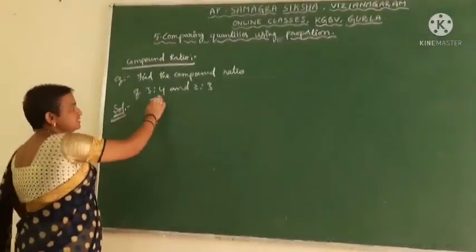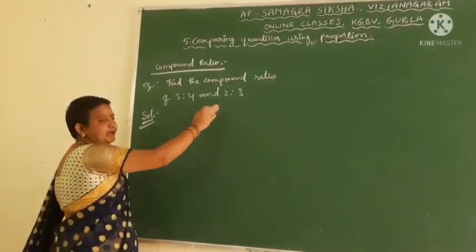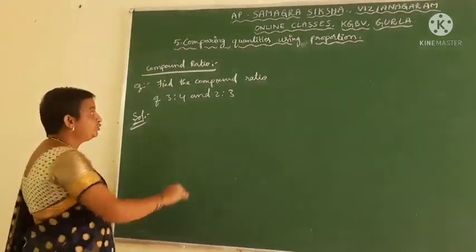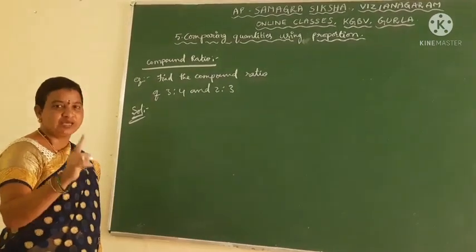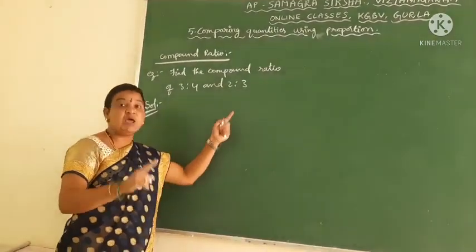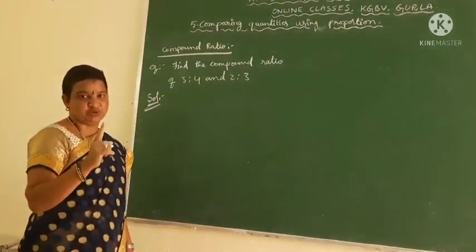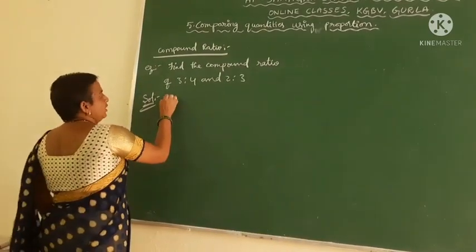Here the two simple ratios are 3:4 and 2:3. We need to find the compound ratio of these two ratios. That means we have to express these two single ratios in one single ratio. Okay, so compound